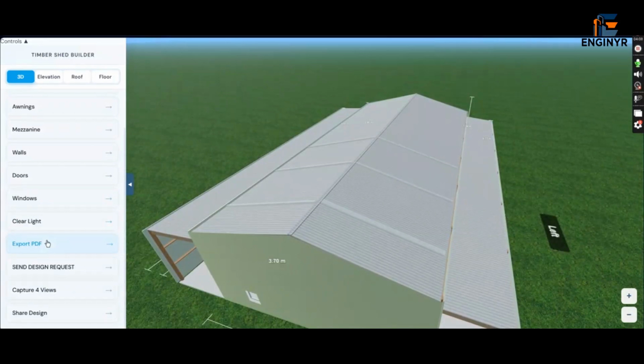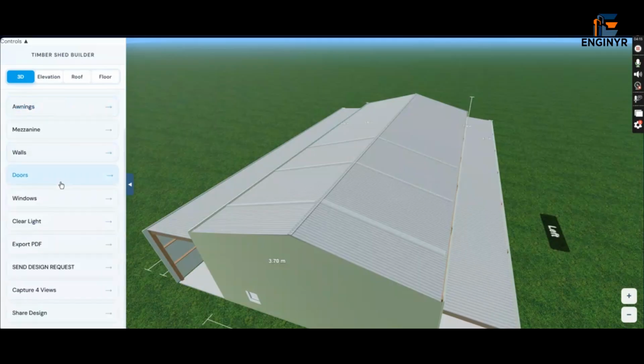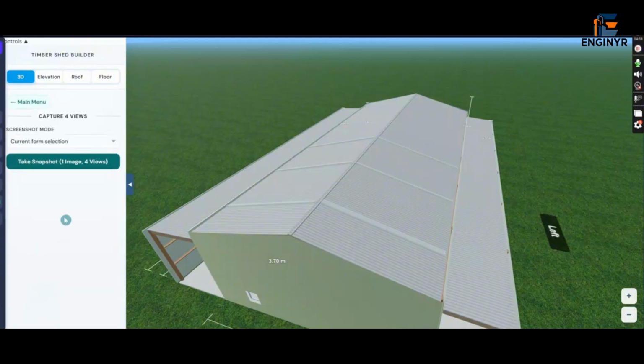you can export it to the PDF by writing the address and then hit this export as PDF button, and you can send design request. You can capture some views by taking the snapshot, and